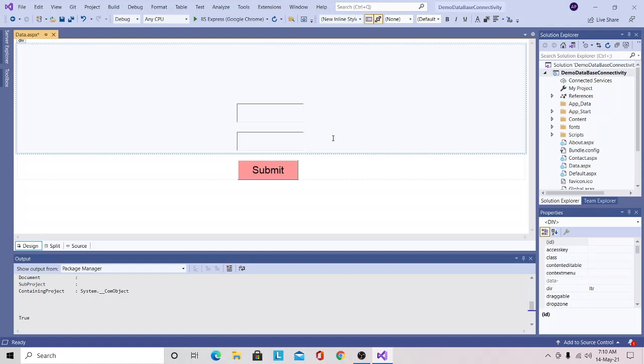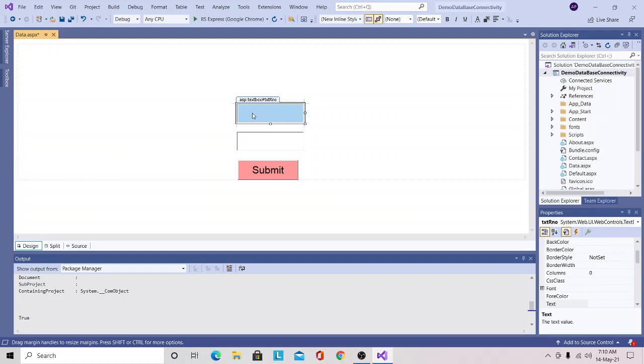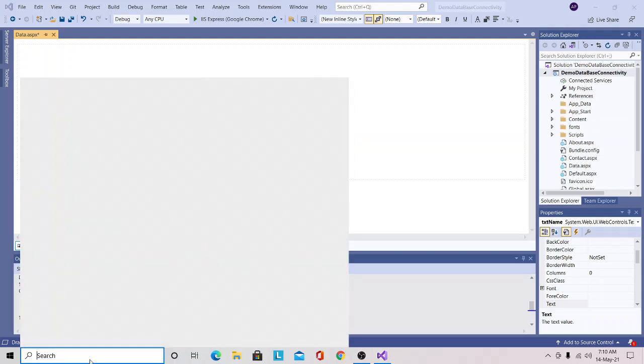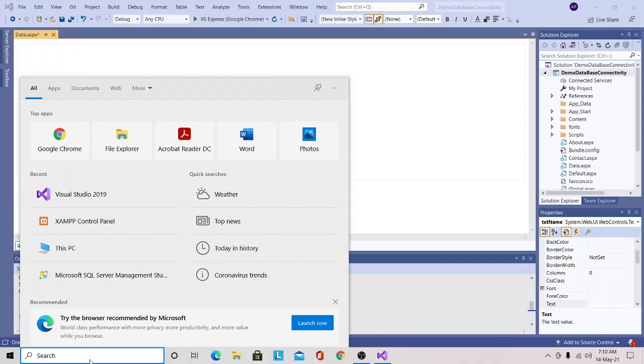Now in order to store the values that the user will enter in the roll number server control and student name server control, first I will create the database. In order to create a database, you need to open SQL Server Management Studio.